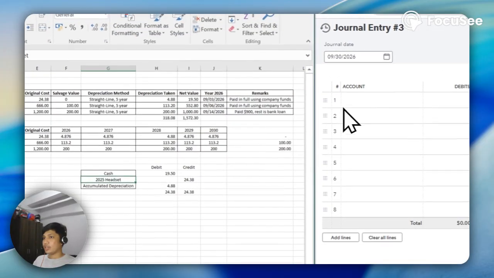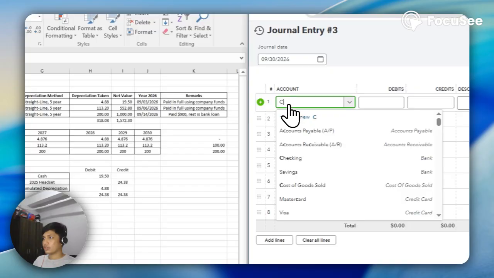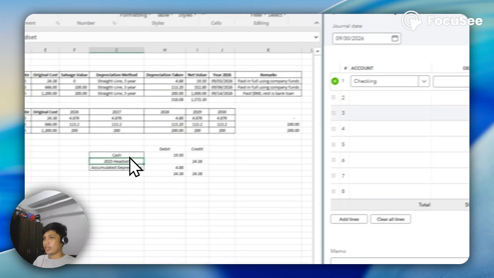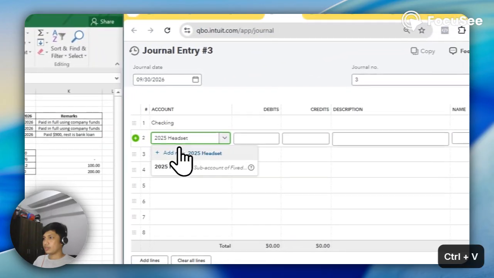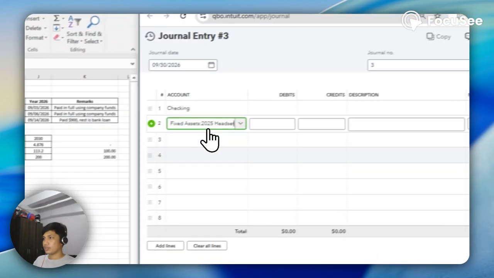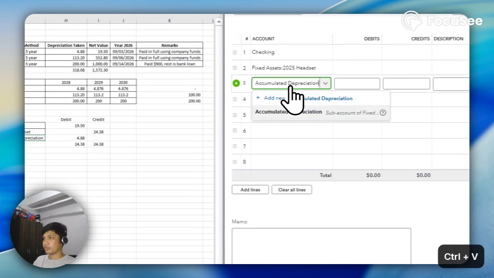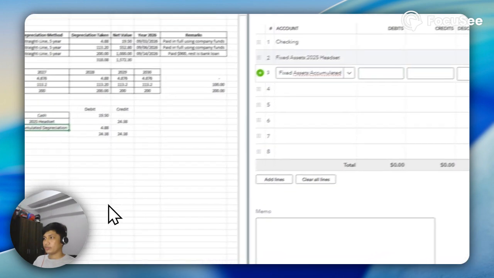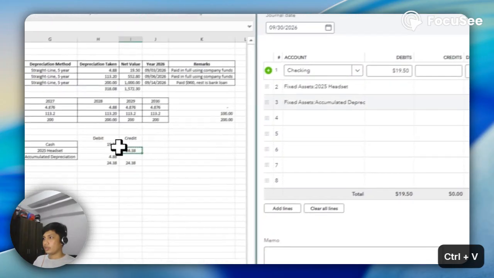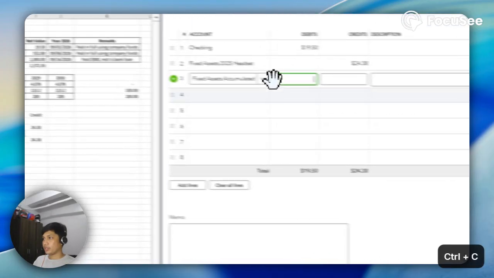I'm going to input this now in the journal entry. I'm going to use cash or the checking account, headset, and the accumulated depreciation: 19.5, 24.38, and then 4.88.